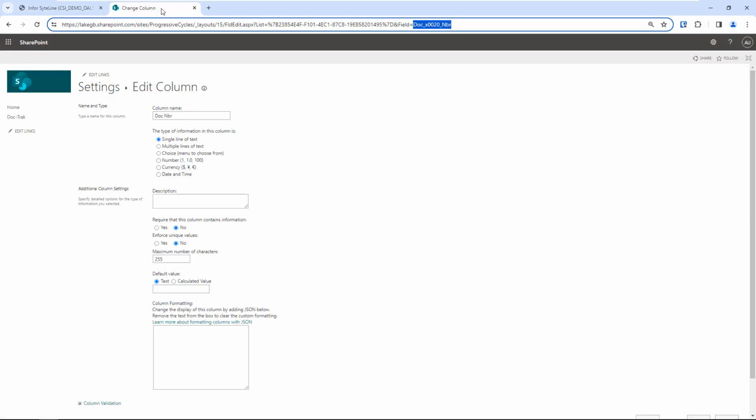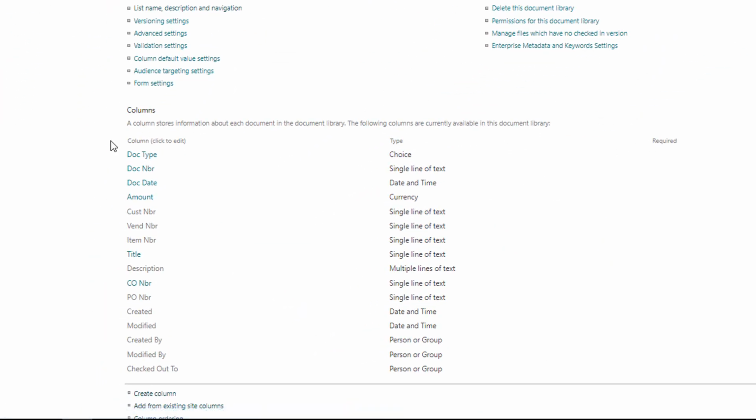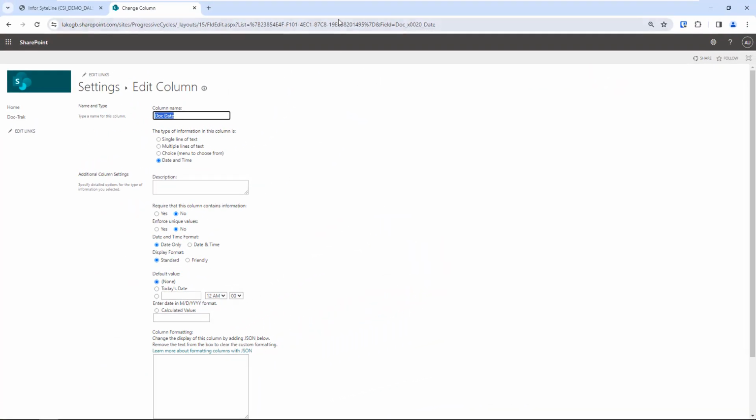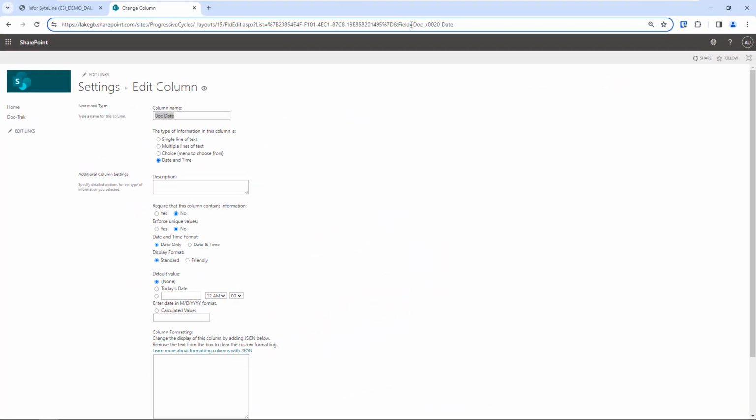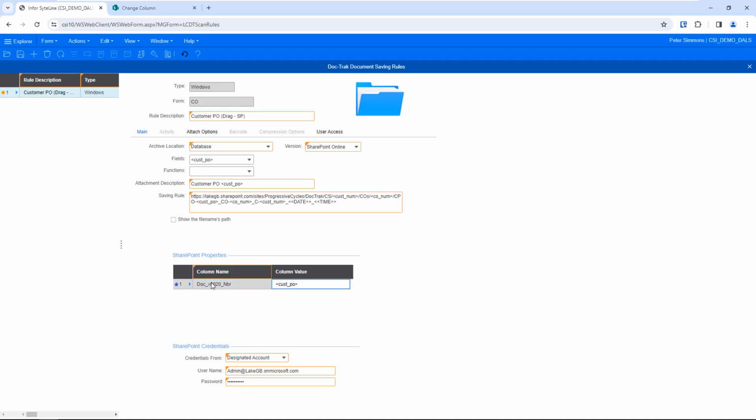Let's do the next field I want, which is doc date. I'll copy the field from the address bar, go back to Sightline, add another line in the Properties grid, and paste it to the column name.